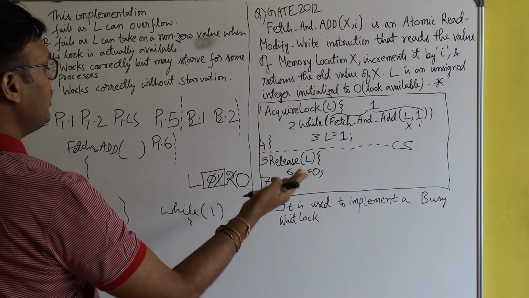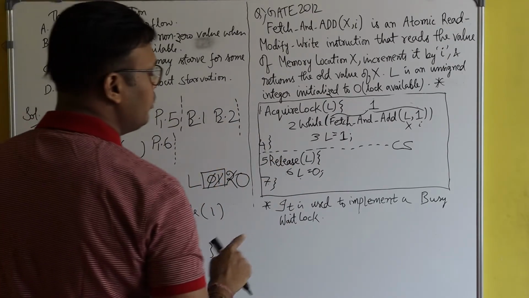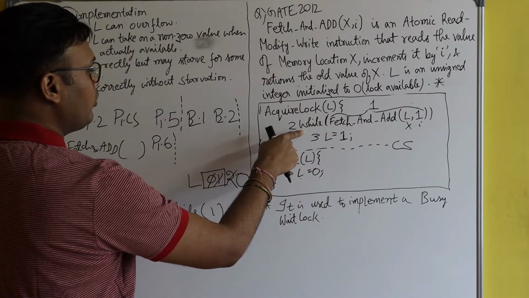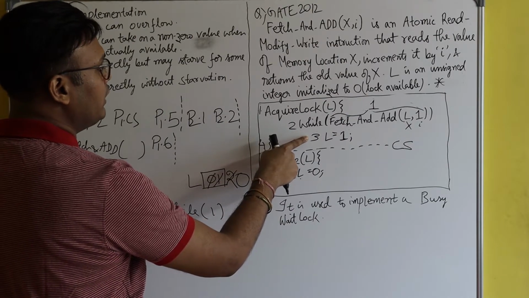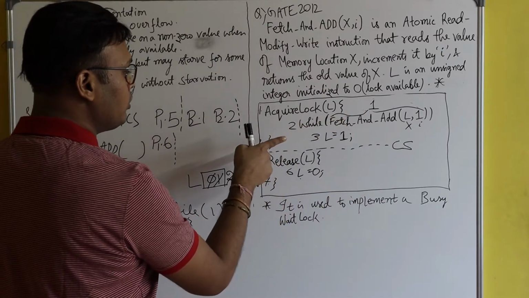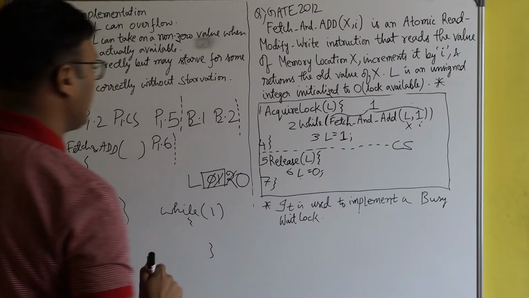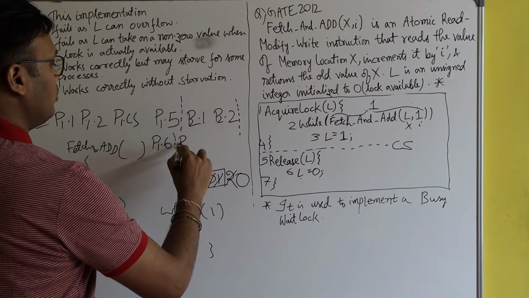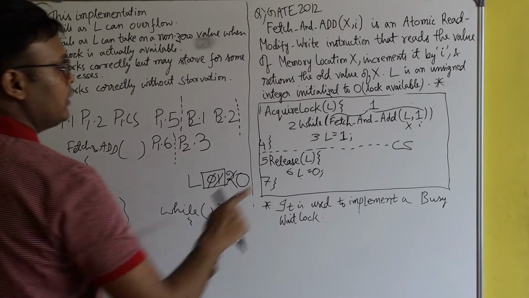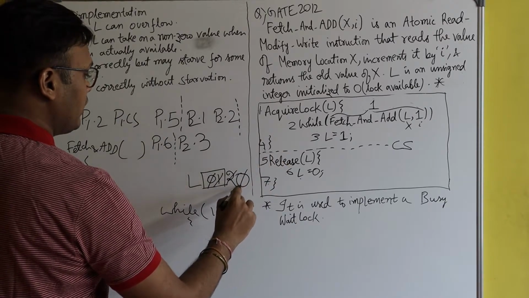Okay. And now the CPU is again given back to process P2. And you see, process P2 successfully executed line number 2, and when it was about to execute line number 3, the preemption happened. Now since the CPU is given back to process P2, it will start from line number 3. So process P2 will execute line number 3. Ultimately, since process P2 has executed line number 3, it means process P2 has again made the value of lock 1.